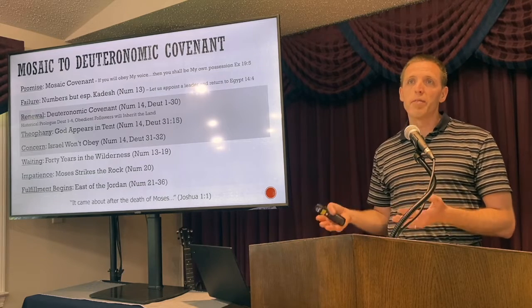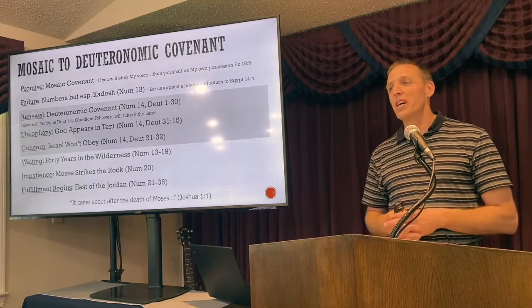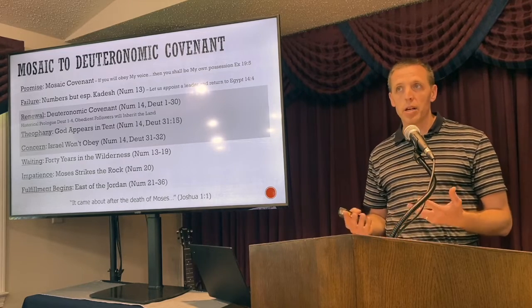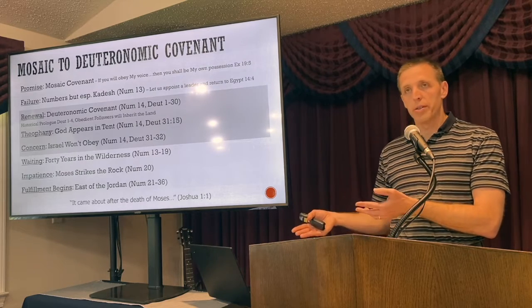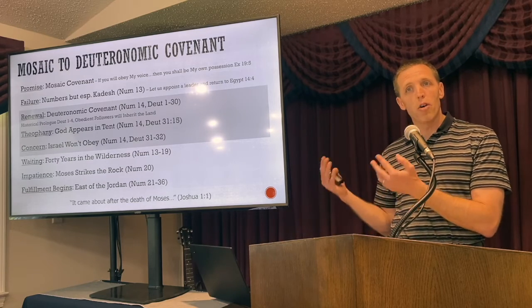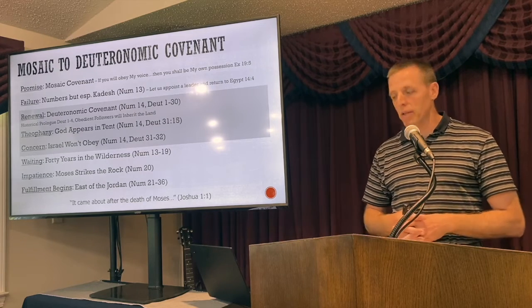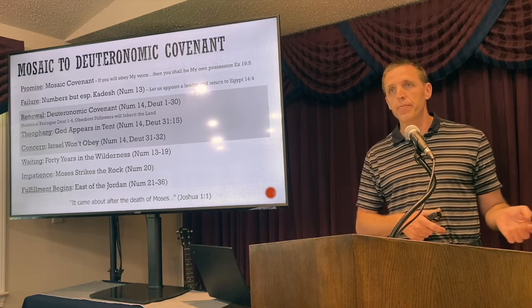And so they're waiting for everybody to die off, and Moses grows impatient with the people. He strikes the rock. He's not allowed to go in. But they begin to fulfill it at the end. Before it talks about the death of Moses, you begin to see fulfillment. They've not crossed over to fulfill yet, but they've already started to take some of the land on the east side of the Jordan. And then Moses dies, and we're ready to move on to the next story.